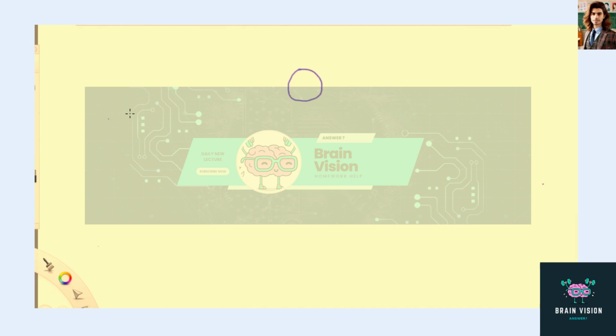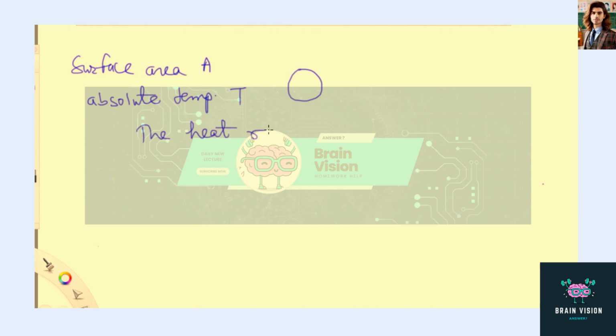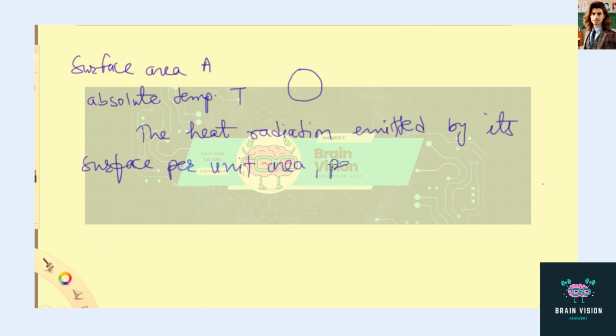Hi, the given problem is based upon Stefan's law, according to which if we have an object of surface area A whose absolute temperature is T, then the heat radiation emitted by its surface per unit area per unit time is given as E is equal to sigma into T raised to the power 4, where sigma is